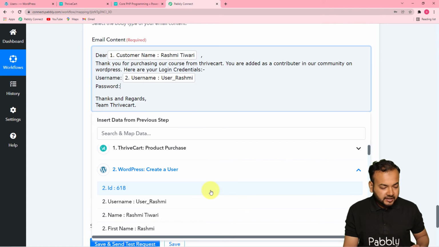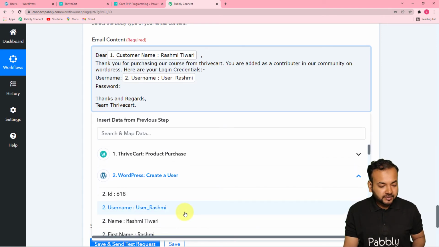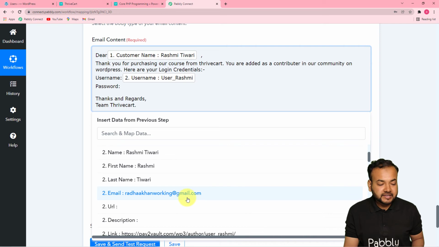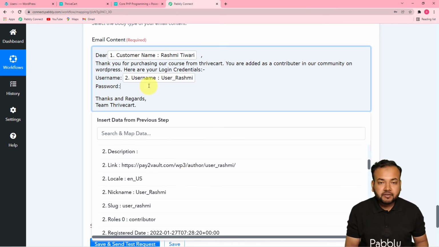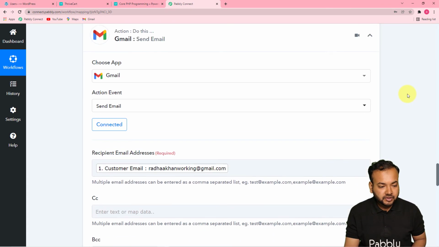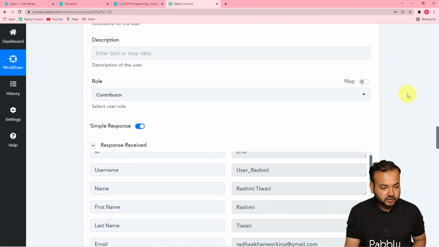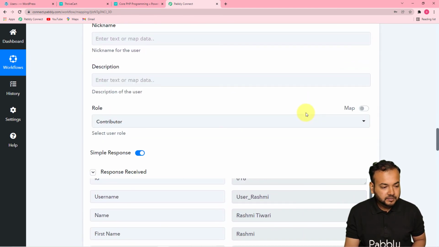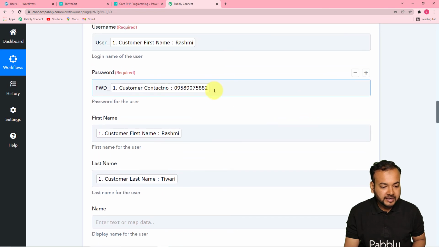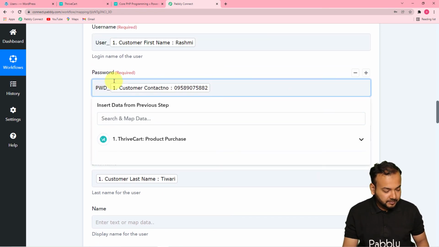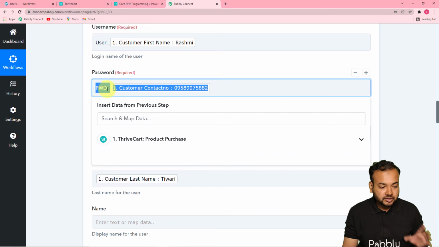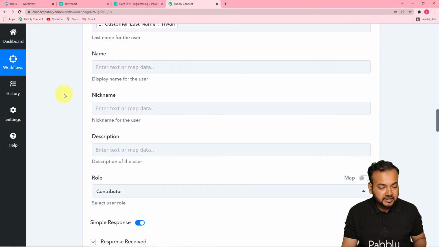Okay, so guys, here actually it is not showing us the password in the response received section of WordPress second step. So you can manually put the password here, which you have created in the second step. Let me show you where we have created it, and I'm just going to copy it and paste it here. Okay, so it is not here in the response, but we have created it here like this. So you can just copy this. Okay, do not copy this. You just have to copy this, you just have to see this, and you have to map this thing here,